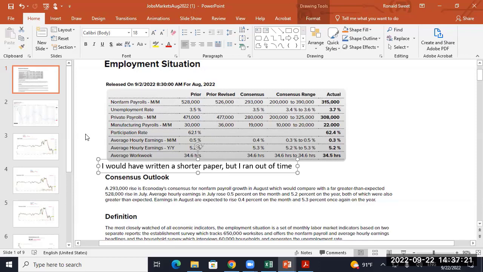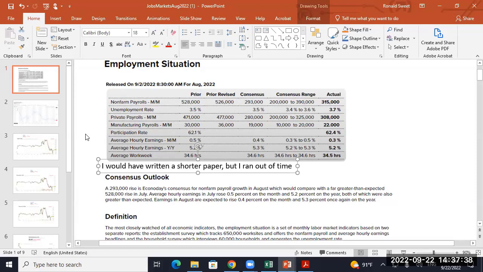Now you can leave it in your paper if you want to just document it for yourself, but in a real life paper, would you explain to your boss what the S&P 500 is? She'd probably think, does this guy think I'm an idiot or what? Of course I know what the S&P 500 is. So those kind of things you can just completely leave out. That will shorten your papers.